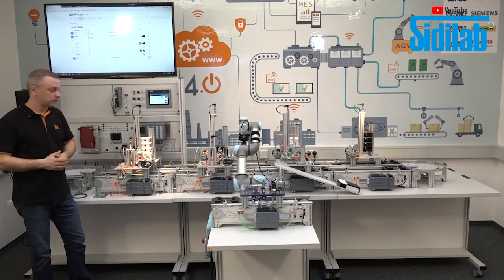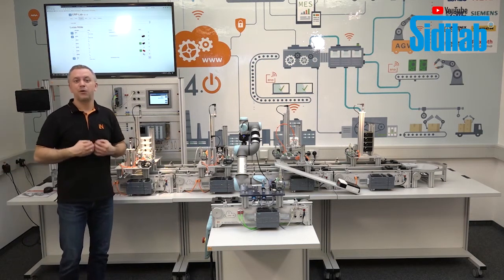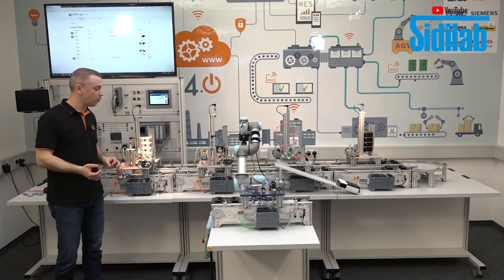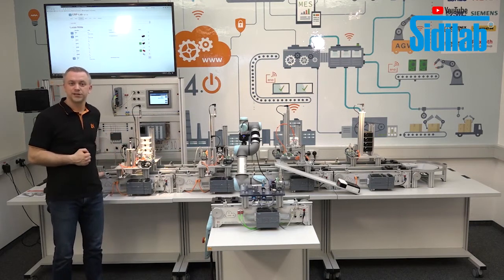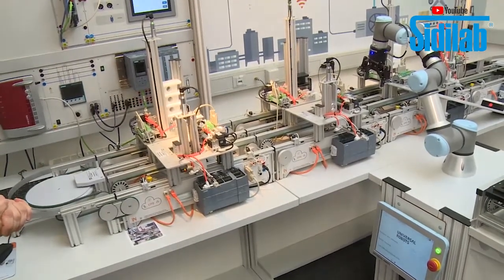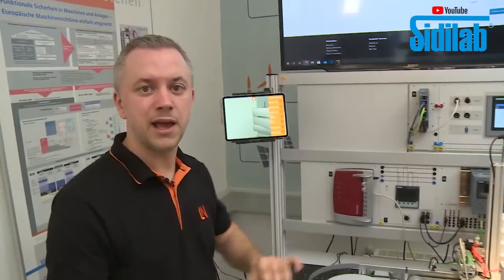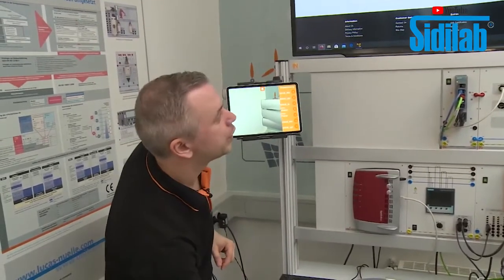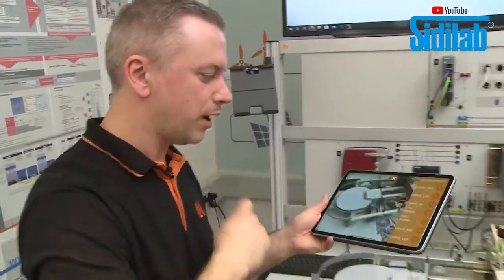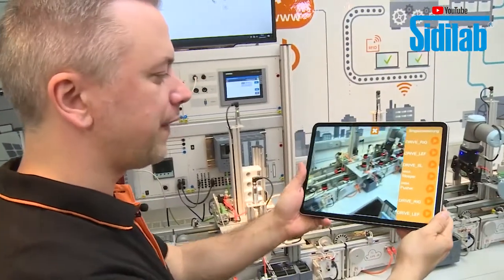What can we do also? We have also inside our system AR, augmented reality, as one topic. And this is what I want to show you now. So I put everything together again. The station is already connected to the production line, and I also created an order again. And now I want to show our augmented reality, and this you can see here